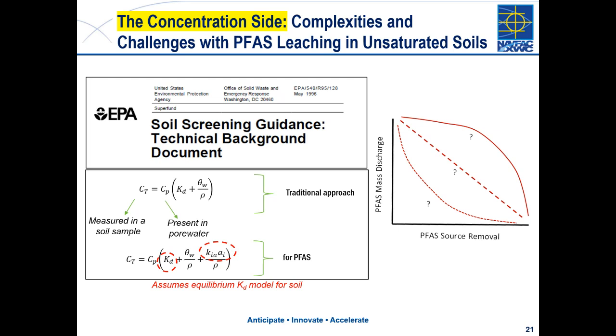So you look to that second equation, and again, how do we derive a pore water concentration from the concentration we measure in the soil? Well, let's look at that second term circled on the right. You have this air-water interfacial accumulation term, right? And that depends on two things: how much air-water interface you have, and the affinity of a specific PFAS for that air-water interface.